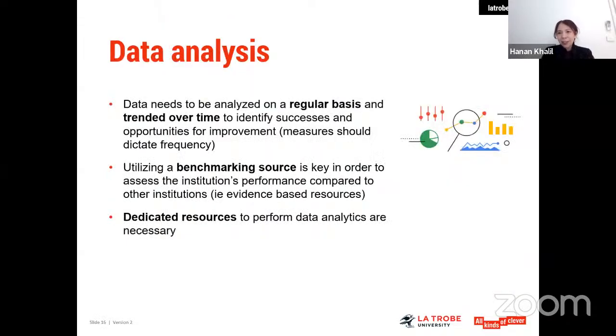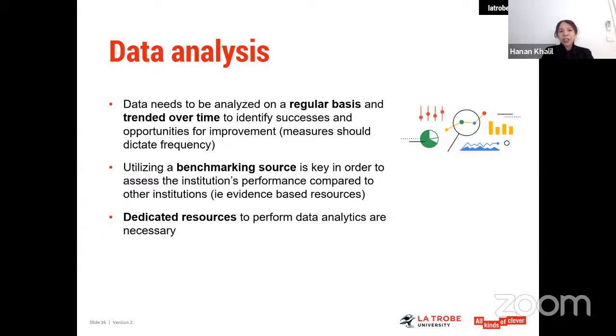Now, data analysis is very important. So you need to think about in advance, when you design your quality improvement project, what sort of data you are going to capture and how you're going to analyze it. It's important to think about whether you need the data for the beginning and the end, or you need to measure it on a regular basis.